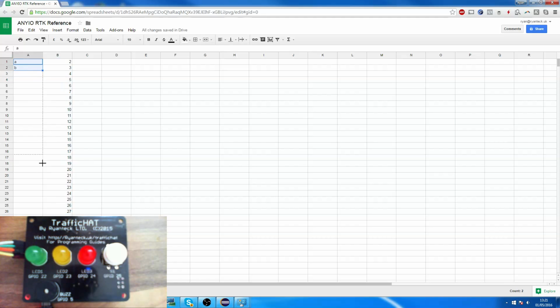Let's see if it can do the alphabet bit as well. Nope, it can't. A, B, C, D. Nope, it can do numbers but it can't do the alphabet. There we are. So the traffic hat's got pins number 22, 23, 24, U, V and W,